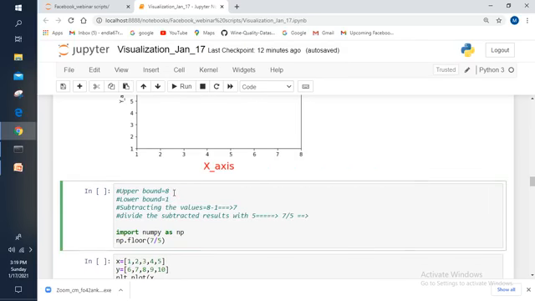Here, to take the intervals on the x-axis or the y-axis, the procedure is that first you need to consider your upper bound. After that you need to consider the lower bound as well. The upper bound value is 8 and the lower bound value is 1. You subtract the lower bound from the upper bound, then you will get the value 7.